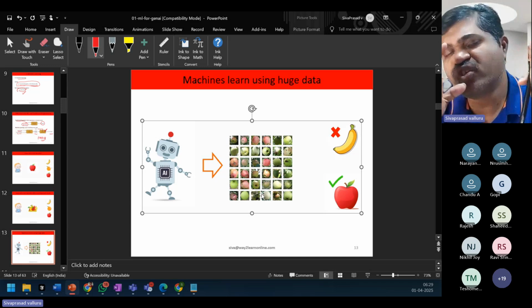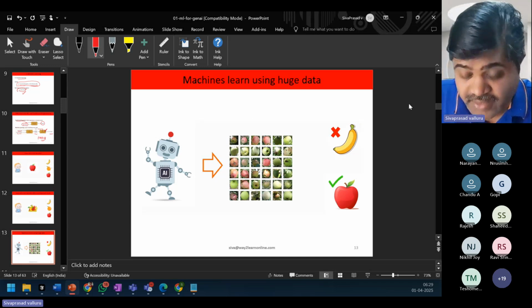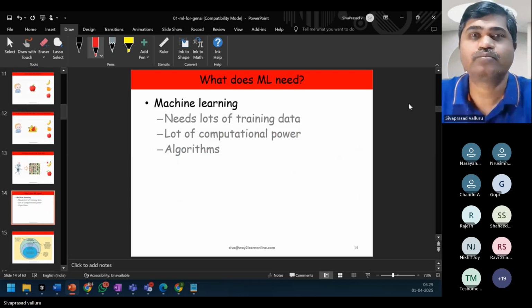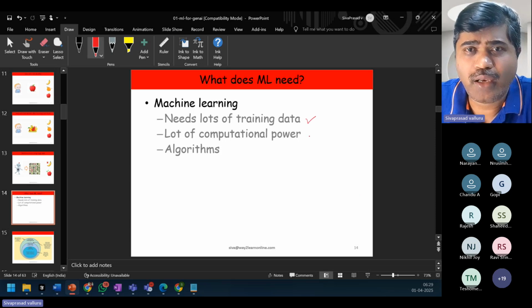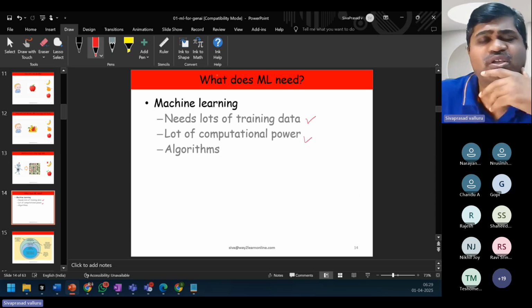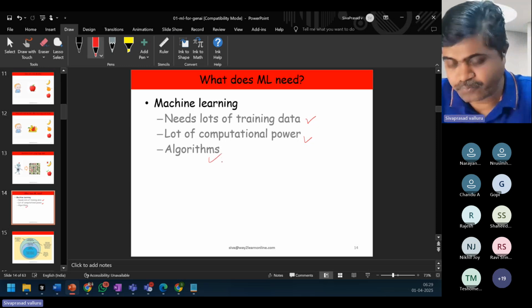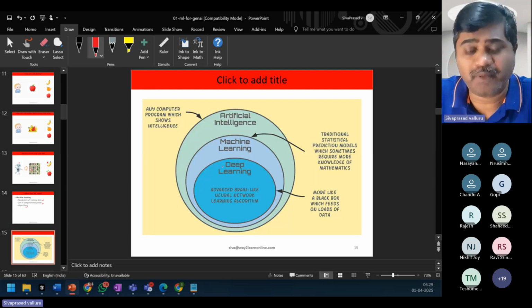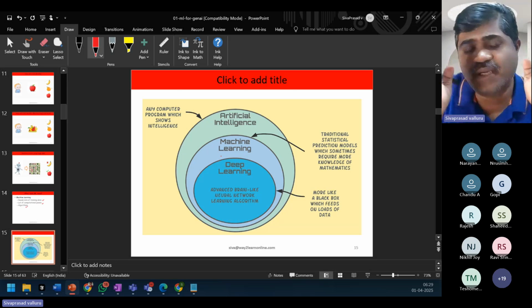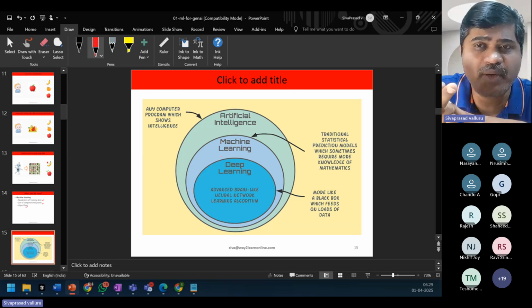Machine learning needs huge data. So if you want to perform machine learning, it needs huge data, lots of computational power, and you need algorithms. Okay. Now, once we understood that machine learning is very costly, it needs huge data, huge computing power.